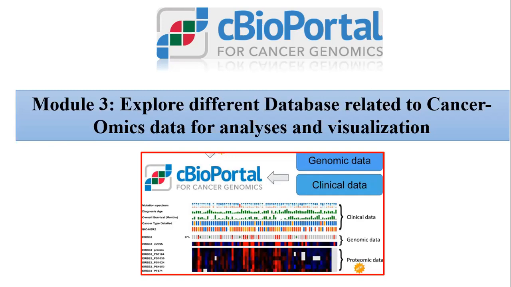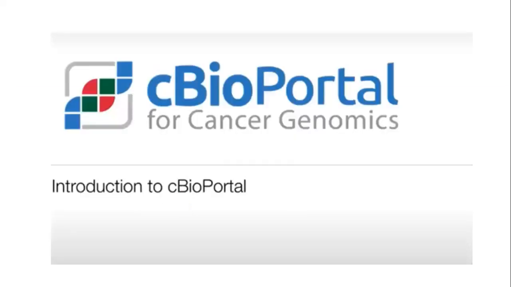And we are also going to see what the difference is from the TCGA database and why we are using this cBioPortal again. What is the purpose of using this particular cBioPortal? We will go through this portal by starting with the introduction part, just an overview about why we are using the cBioPortal.